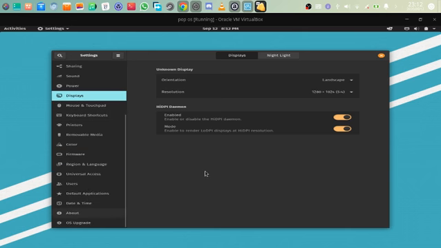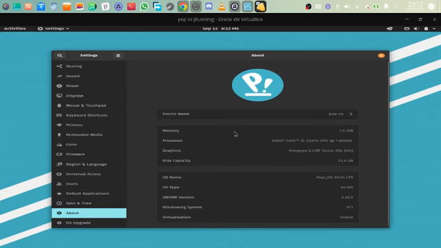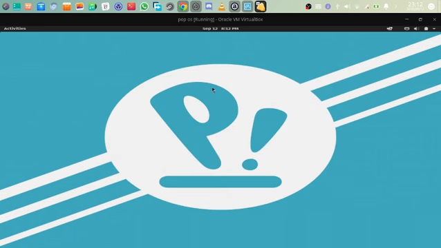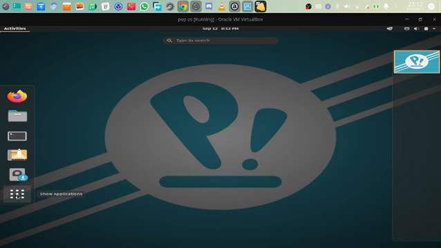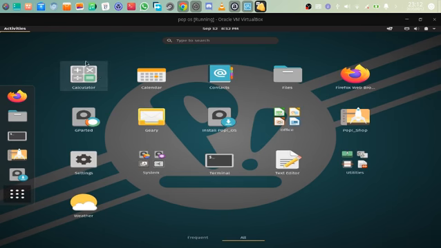A way better form. Here is Pop OS. Yeah, it's an Ubuntu distribution as well. It's 64-bit. I haven't installed mine yet, but yeah, as you can see, it's quite good.